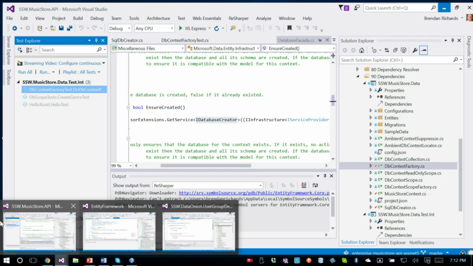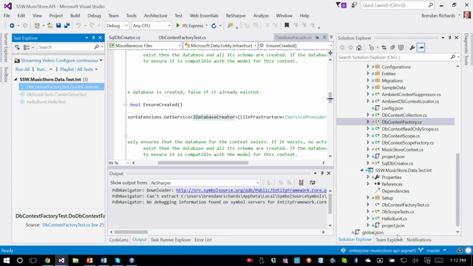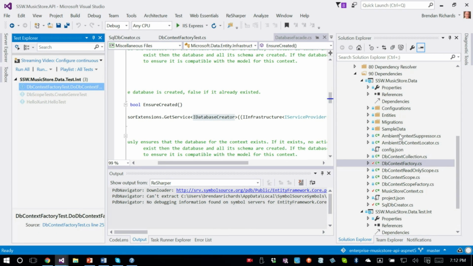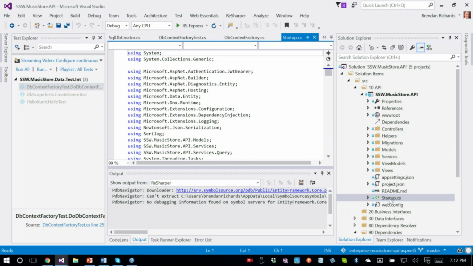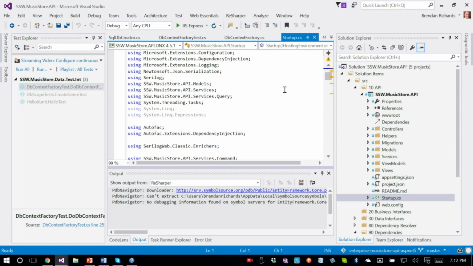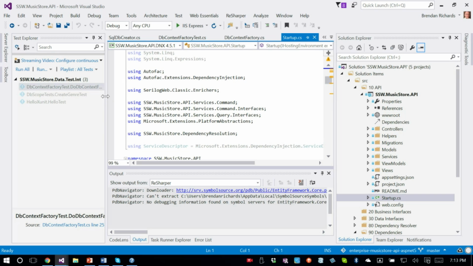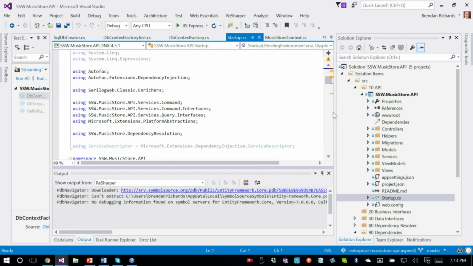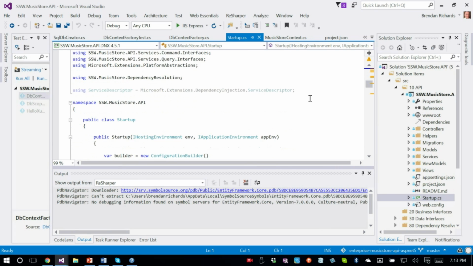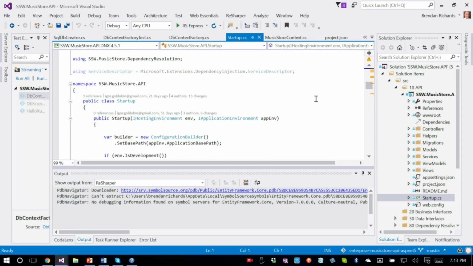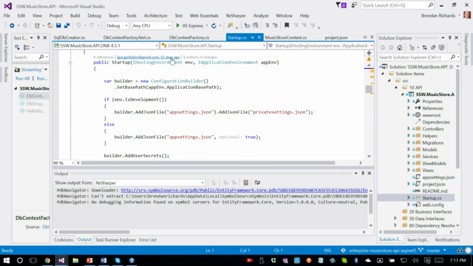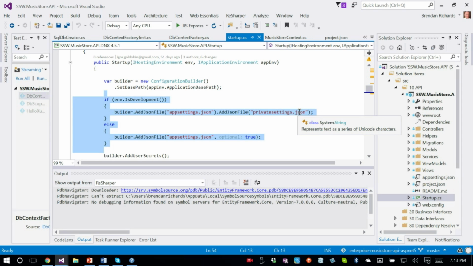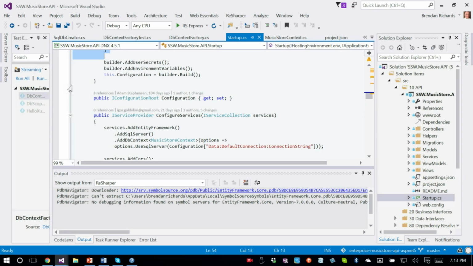The other thing I want to show you is something that's getting standard across most new style projects, which is the startup.cs file. If you've got a project that's a startup project, chances are there'll be a startup.cs file, and that builds up a few things and sets up some configuration. In this case, we're loading a JSON file, and we've got this thing here, configure services, which I won't go into in much detail.